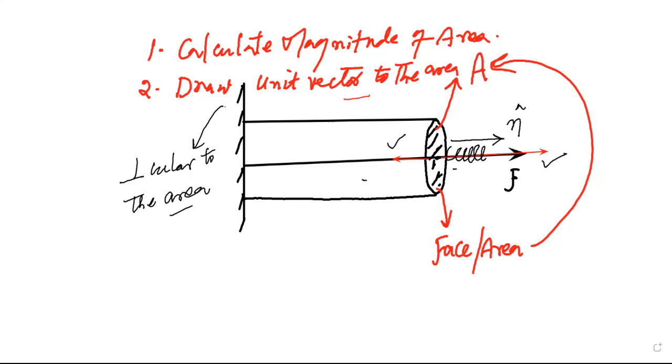So first of all, for the area where we have to calculate the stress, we have to calculate the magnitude of the area, which we have done. Then we have to draw a unit normal to the area. That's what we are doing. And the third step is to find the magnitude